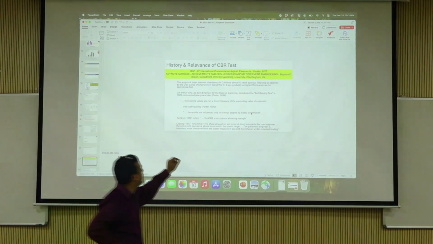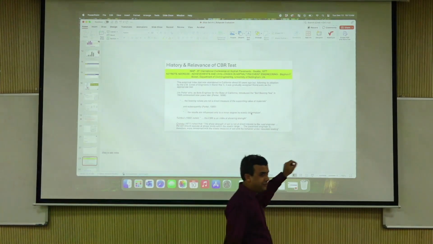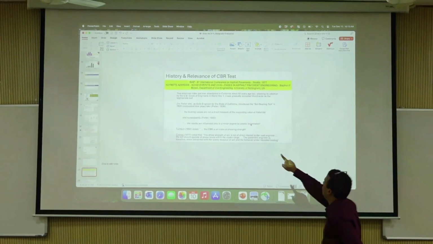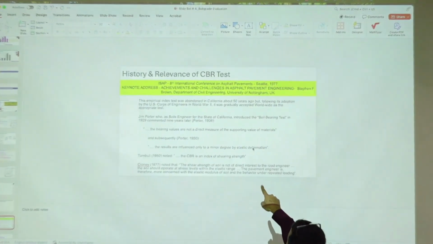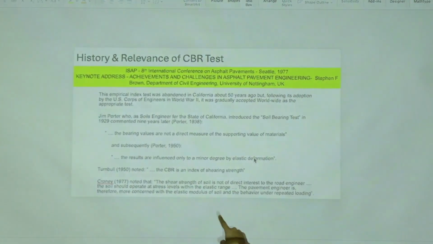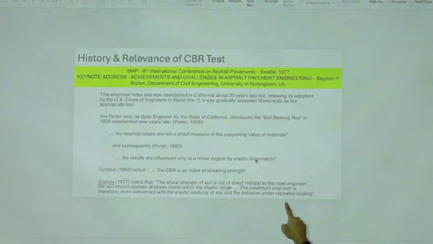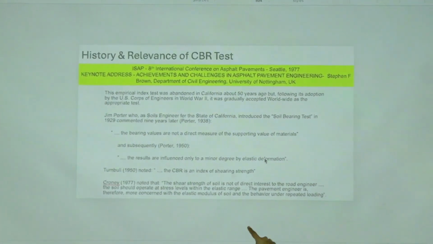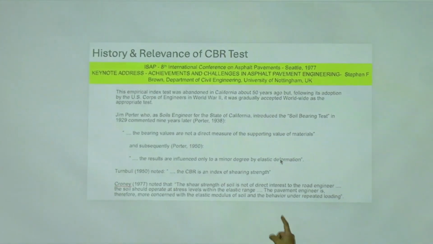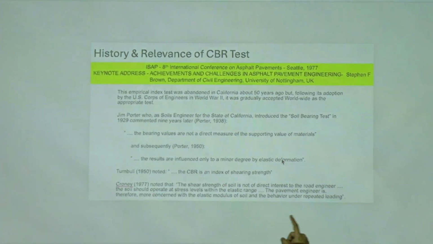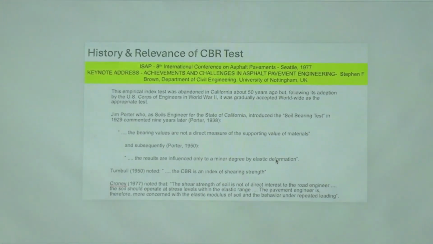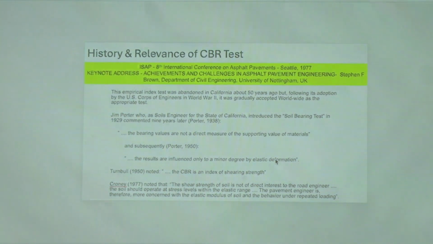1977 keynote address by Stephen Brown, 50 years ago at Nottingham. He said Jim Porter, who as the soils engineer for the state of California introduced this, said in 1938 the bearing values are not a direct measure of supporting value of materials. In 1950 he said the results are influenced only to a minor degree by elastic deformation. In 1950 Turnbull said the CBR is an index of shearing strength, and we use it all the time